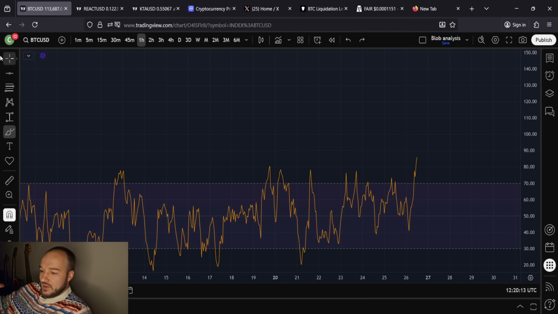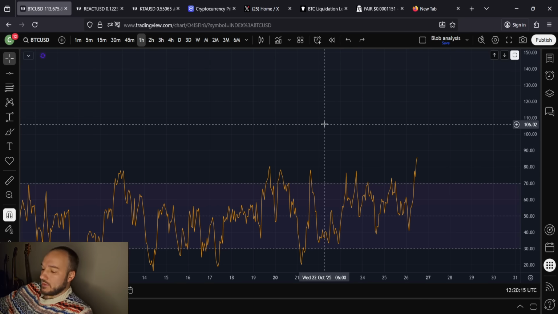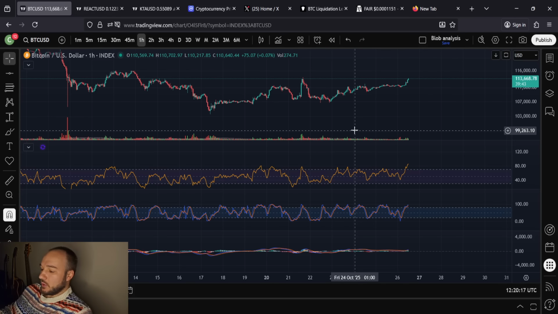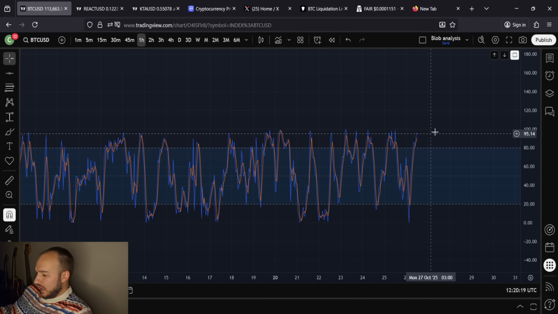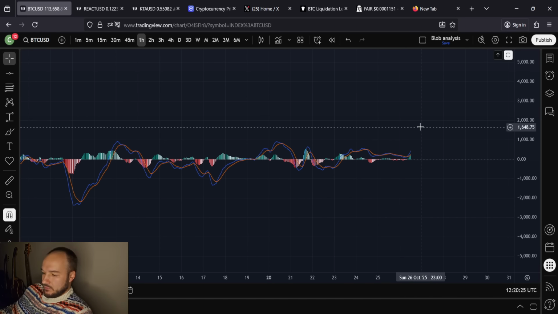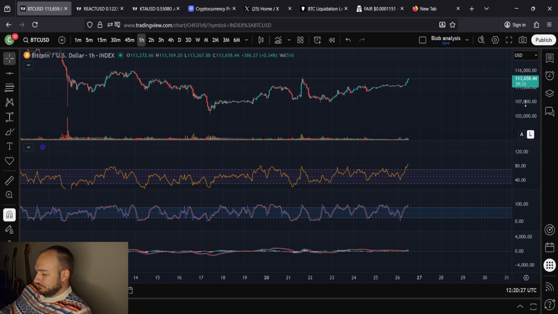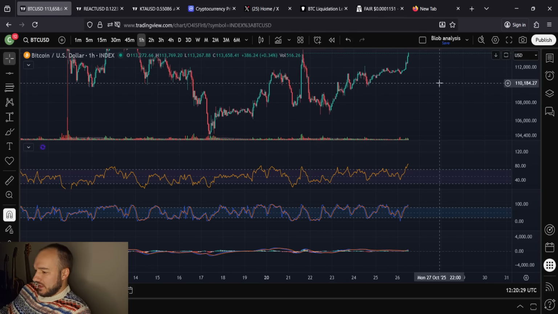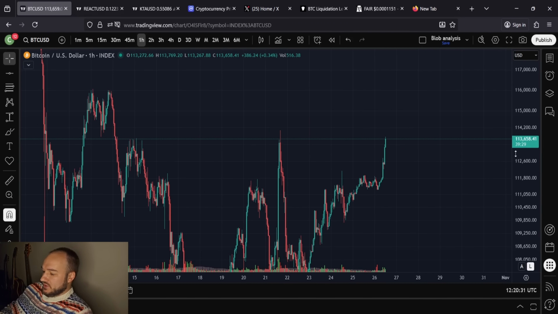It's the 1 hour time frame. This will express probably the coming days rather than the coming weeks though. Stochastics are bullish, looking good. And the MACD's bullish, scooping the zero there, coming up. Beautiful, building bullish momentum. I do want to take a moment to say that, here, 113.7K right now.